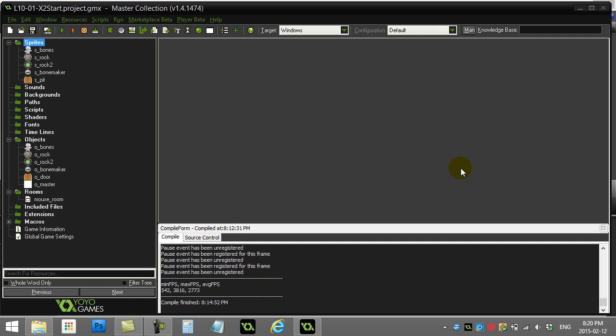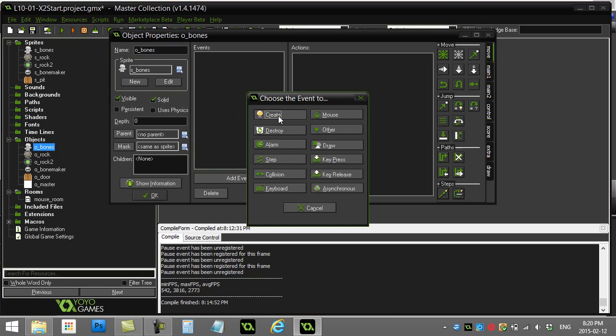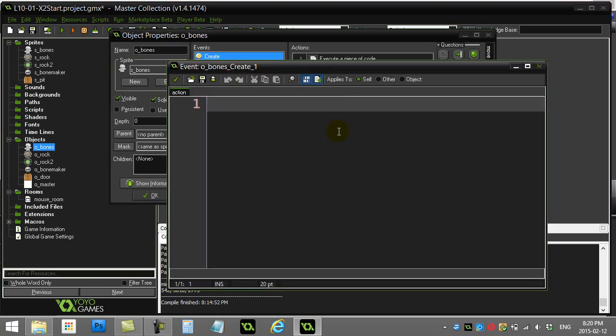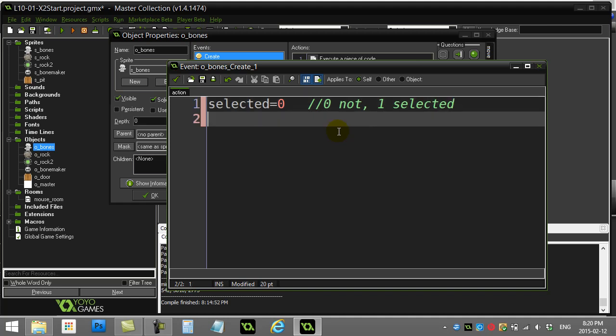So here we go. The first thing I'm going to take care of is selecting a single unit with a left click. So I got my bones guy here. I'm going to go to bones, go to the create method, and give them a variable. The variable I'm going to call selected, and I'll put selected to 0. Obviously 0, not 1, is going to be selected. Okay, and that'll be that